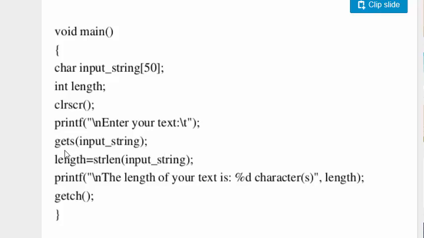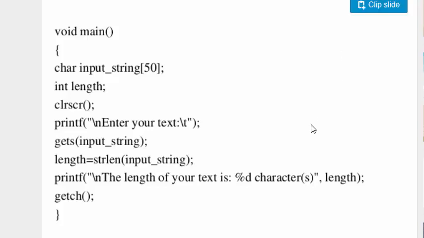So here I am using length equals strlen, the string length function, and I want to know the length of input string. Here input string holds the string computers, and I want to know the length of this particular string. So I am providing the function name and the string name. It returns me the length of the string.